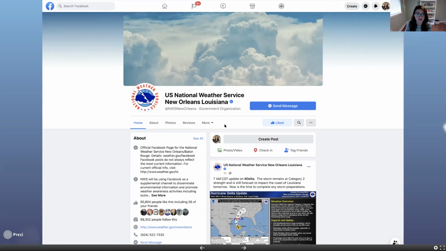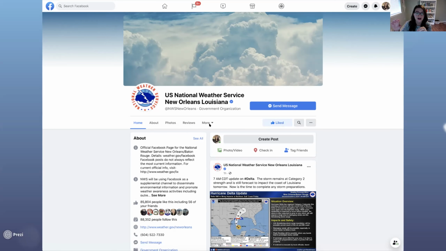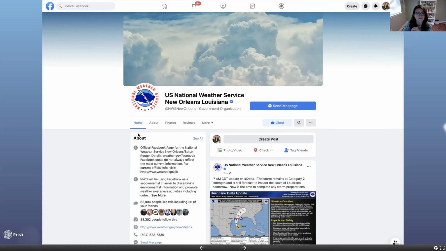On a Facebook page, there's a couple things that you might want to take note of. This is how you send them a message right here. You'll know if you have liked the page right here. Remember, those 3 dots are our best friend right here. This is important. A lot of people don't notice this more button. So depending on the way a person has set their Facebook page up, their reviews might be farther down the line. So their reviews might be under the more tab.